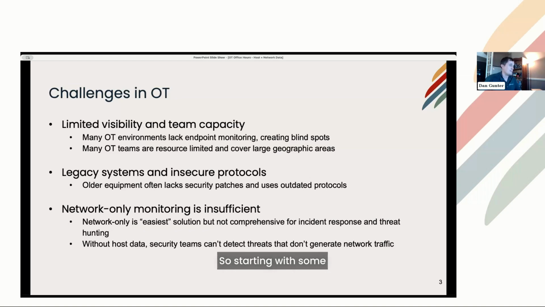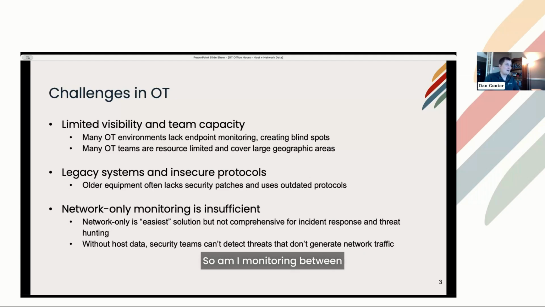So starting with some of the challenges. Limited visibility and team capacity, right? Calling out of the gate, why a lot of folks go to either the pure network or pure host side is they only have so many analysts. Their team's only so big. They're only so talented in a given area. And also on that visibility side, you're cost constrained on where you can actually monitor in the network.